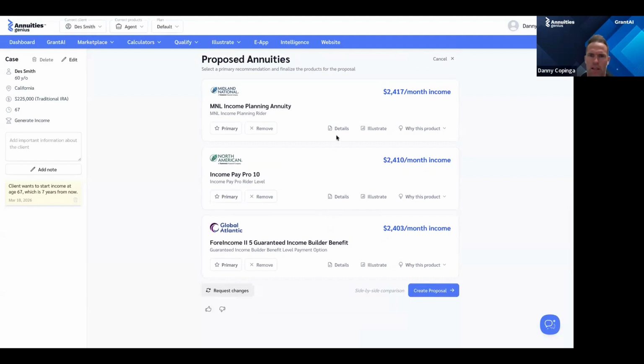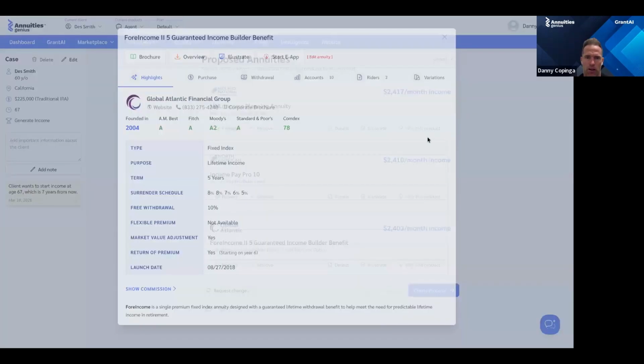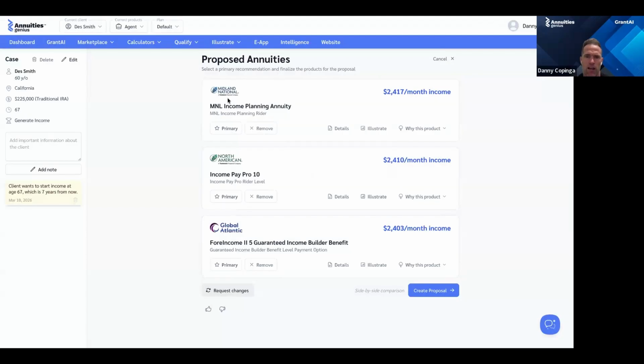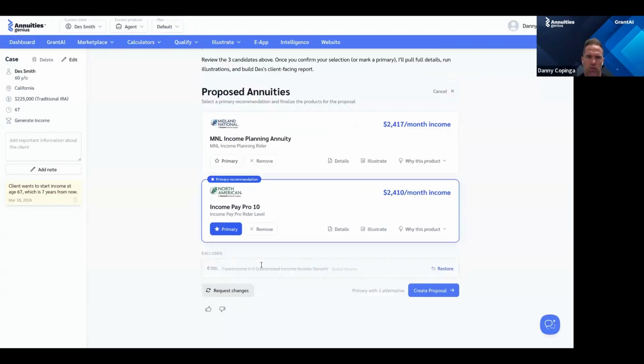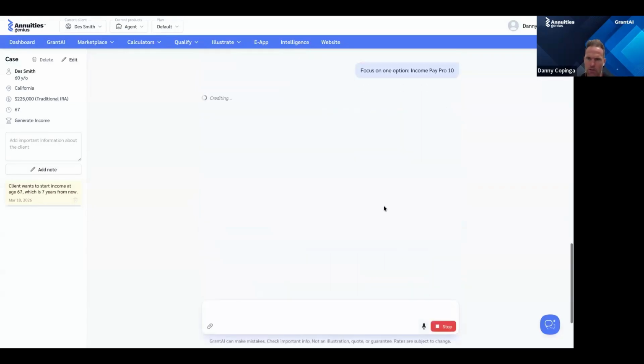And then from here, if I'm not familiar, I can go, why this product? And I can get more information on details about the product itself. Or let's say that I am familiar with, I like Midland, I like North American. I'm going to say, okay, we're North American number 1. We'll take out Global Atlantic for this one. And we'll just go with this Midland product for the proposal itself. So I'm going to go create proposal, and now it's going to put it up in